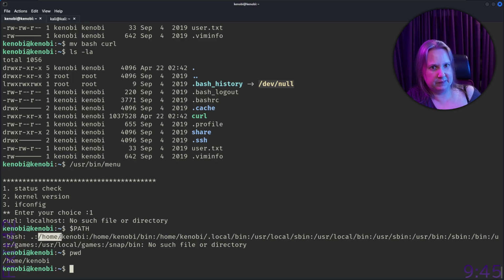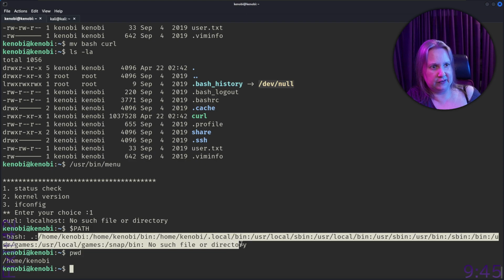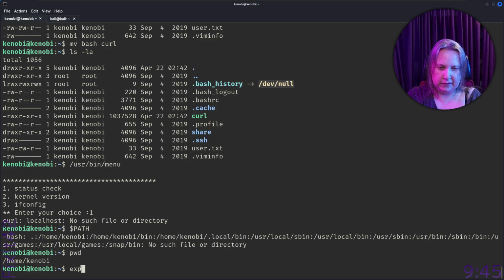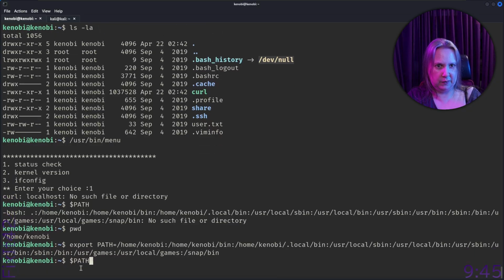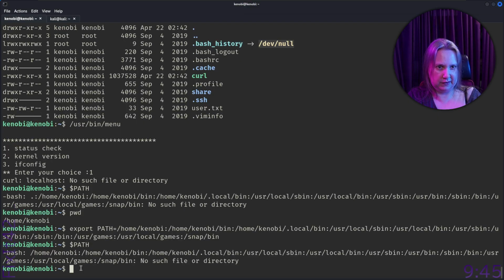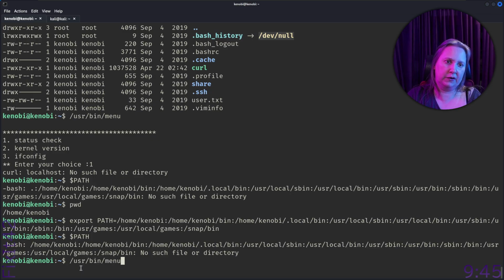So, no such file or directory is always a nice thing to have in your path. So let's copy this path. We're removing this one. And we're doing export path equals, and I'm pasting this bit. So now our path should be this. So, if we now run this again,